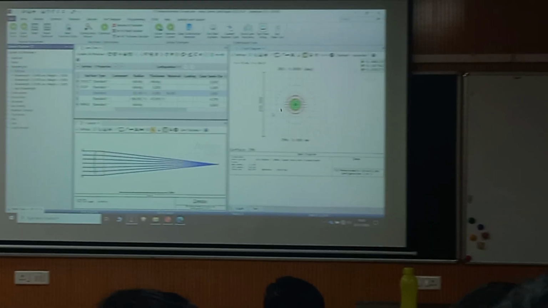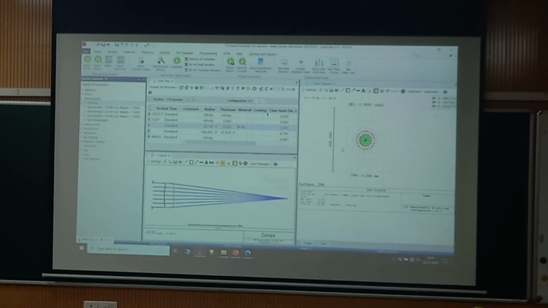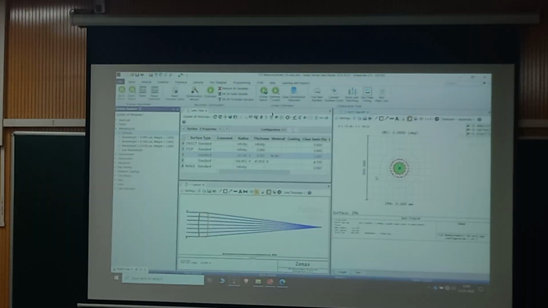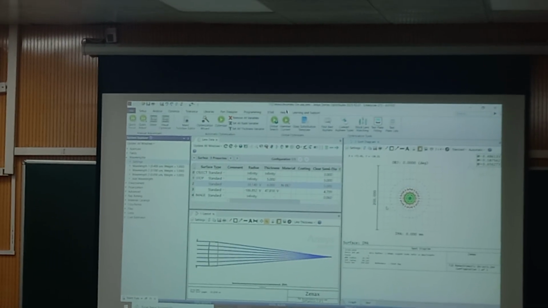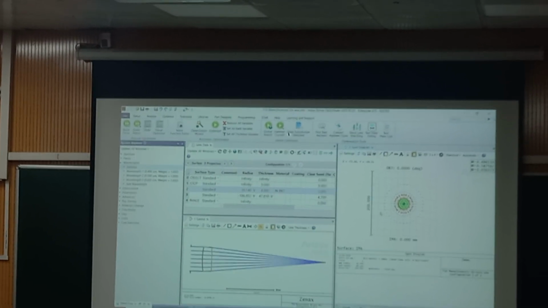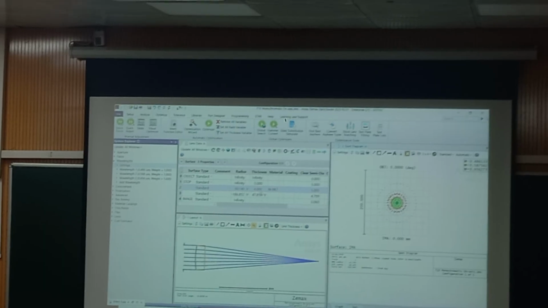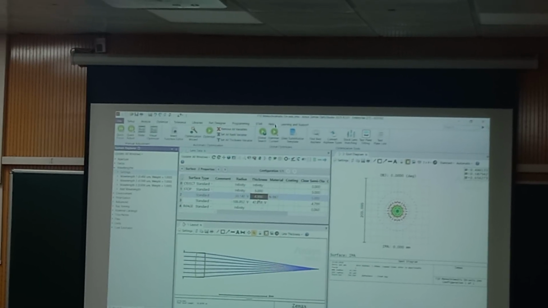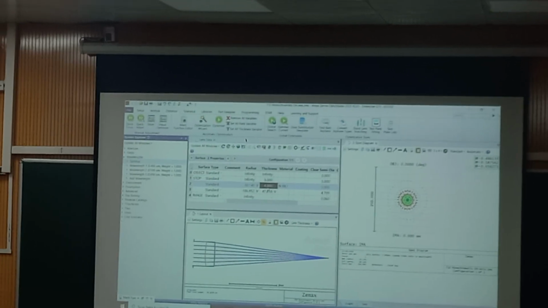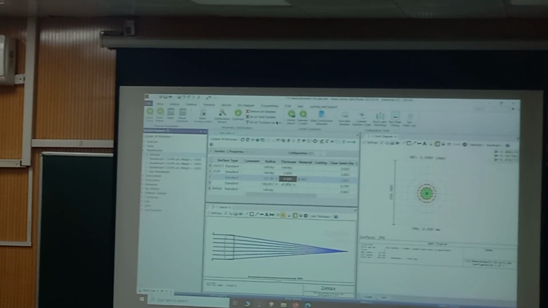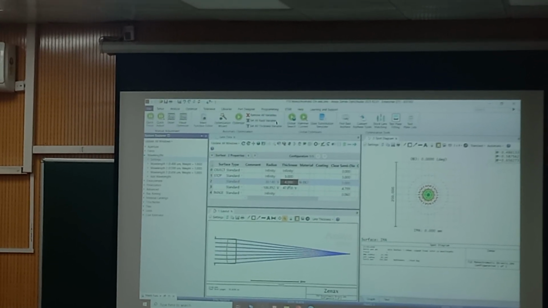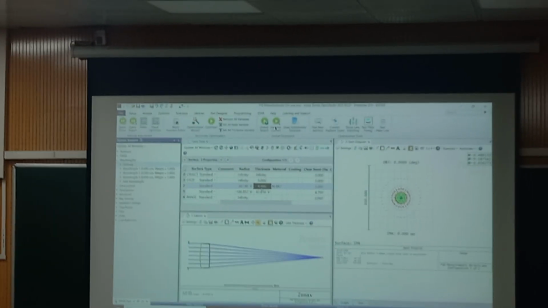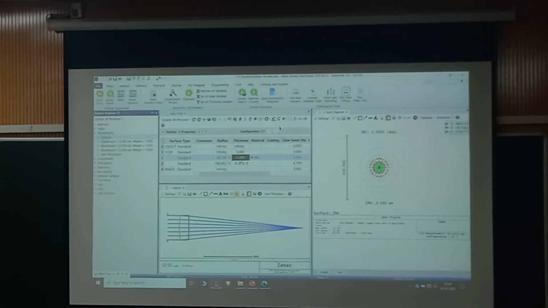The glass is NBK7, and SF6 is the other glass. So the next line after NBK7 should be the second glass, right? Correct. So we are going to define one more material. We can add after the stop also. I'm not focusing on that part right now. We look at it off axis, because of course the stop position is just after the stop, before NBK7. You mean before NBK7?